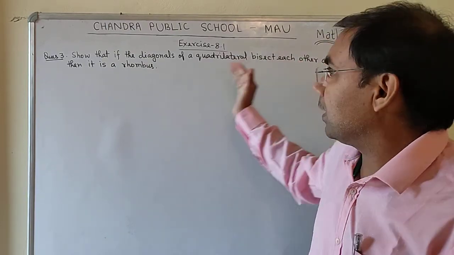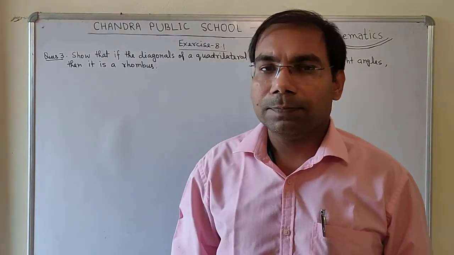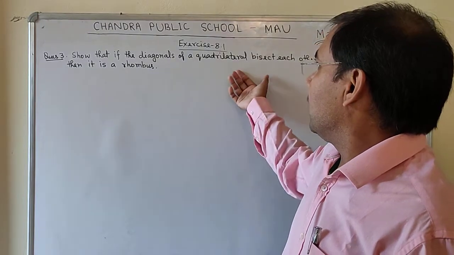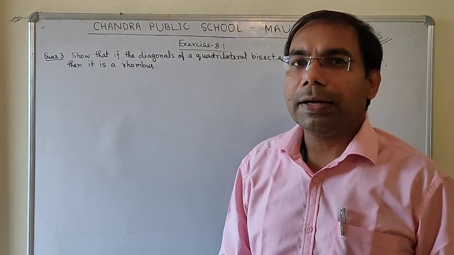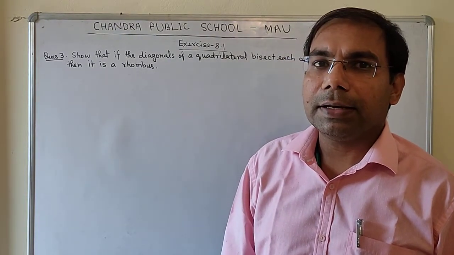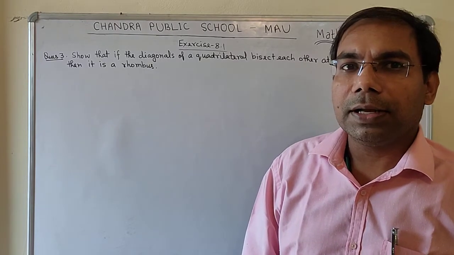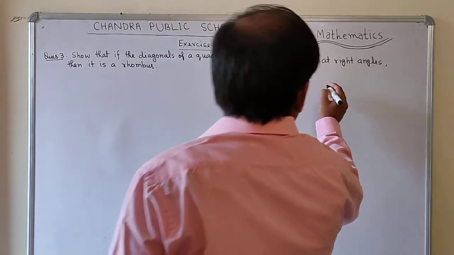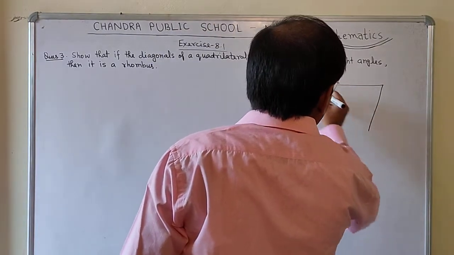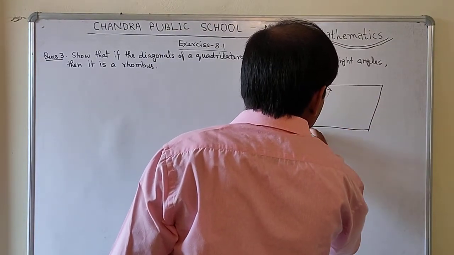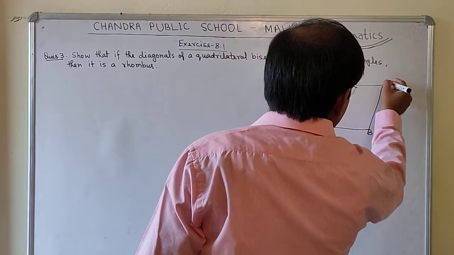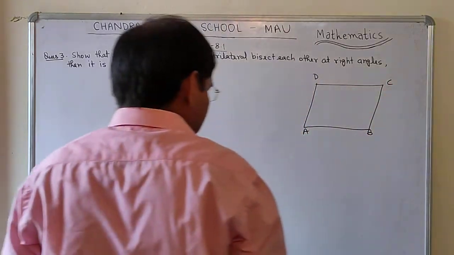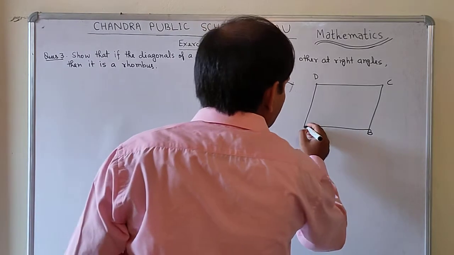Bisect each other at right angle, then it is a rhombus. So in the question you are given a quadrilateral in which both diagonals bisect each other at right angle, then you need to prove that the quadrilateral will be a rectangle. So suppose that here I am going to draw a quadrilateral. Suppose that here it is a quadrilateral ABCD, and in this quadrilateral it is given that both the diagonals bisect